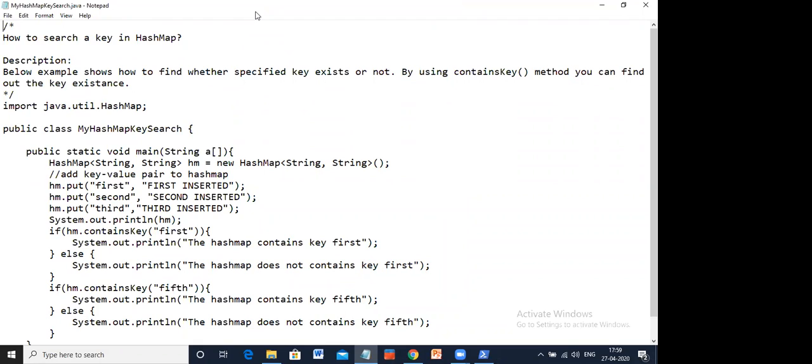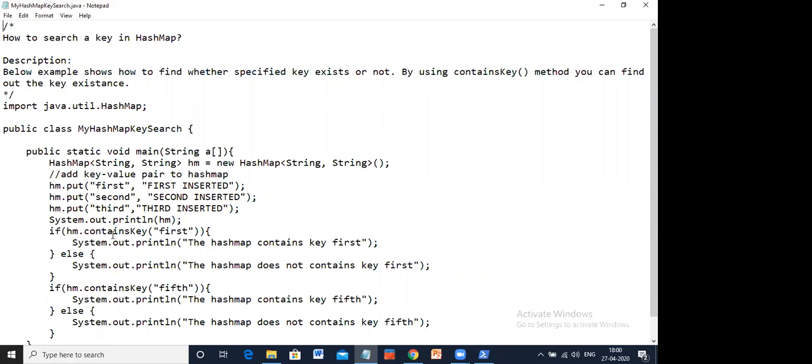In the same way, there is this containsKey function, which iterates over the keys inside the hash map and checks whether the key I have passed as a parameter exists or not. Getting it?